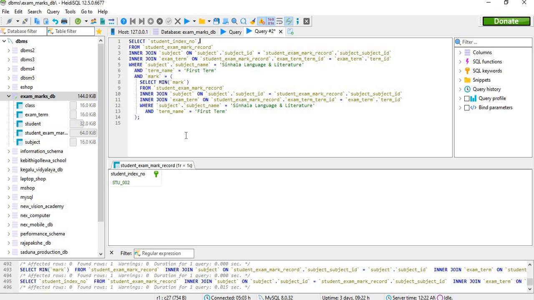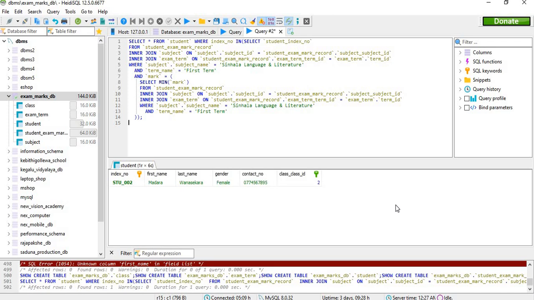First name, first name. Here I have found all the student details by giving select all from student where index no,